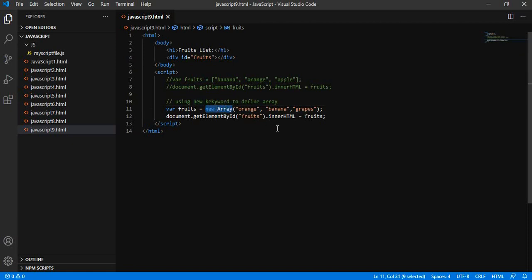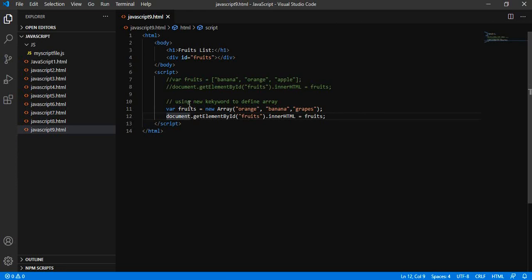For simplicity, readability and fast execution, use the first one. This is the better way to define the array: directly by defining the variable name, and inside the brackets you define the values.